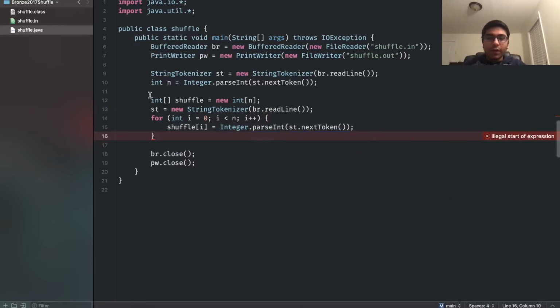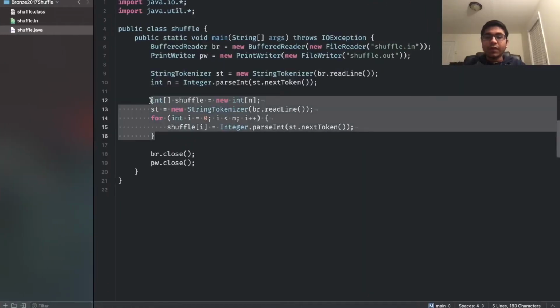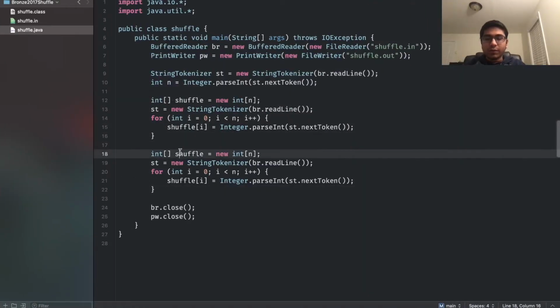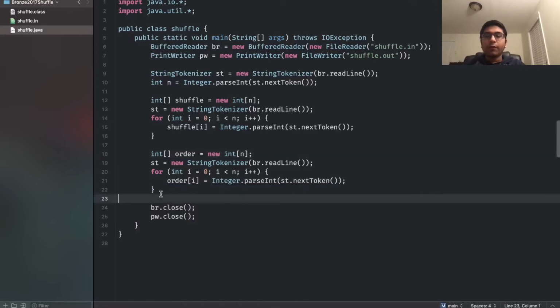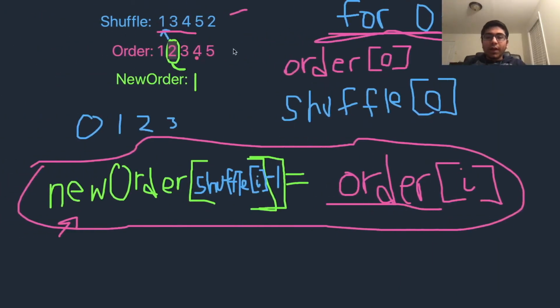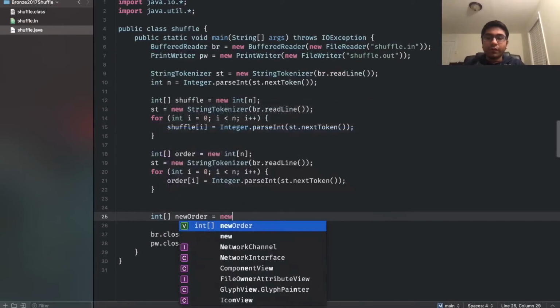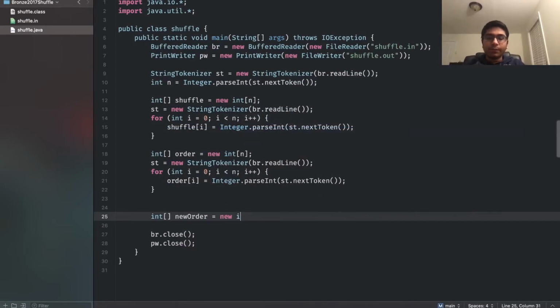So now we've read our second line of input, and then the third line will be the same thing. It'll just be called a different array. So we said we would call this order, and now we have our 3 inputs. Now notice how we have 3 arrays here, so I'm going to create a new order array. int[] newOrder = new int[n];